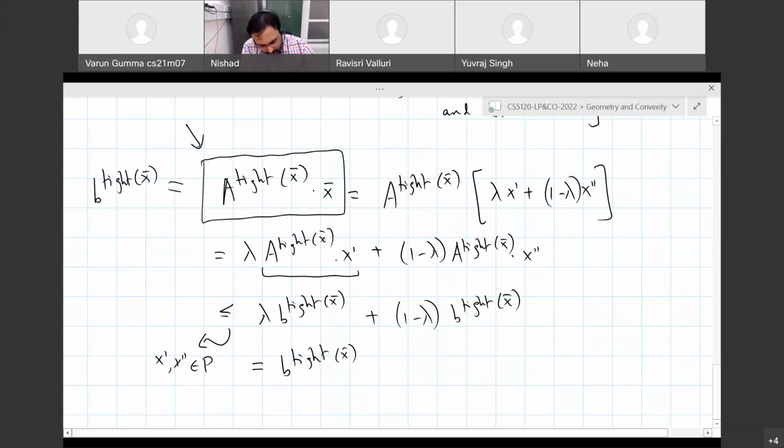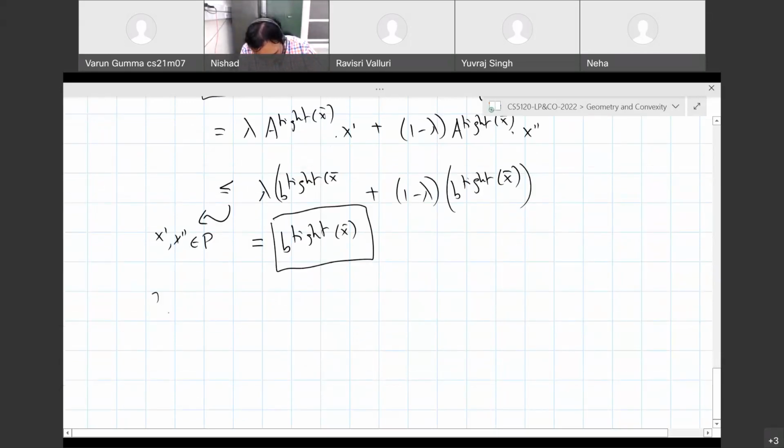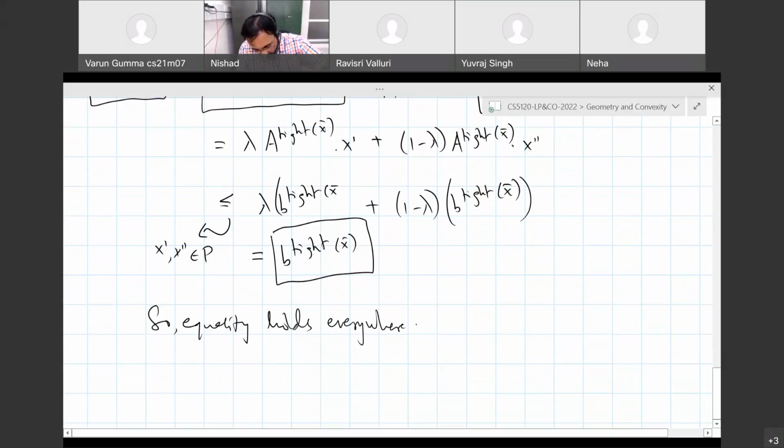But now we have a situation where this is equal to this, and therefore everything in between has to be equality, right? In particular, these two quantities have to be exactly equal. And similarly, these two have to be exactly equal, right? So just to not make it confusing, equality holds everywhere, which implies that